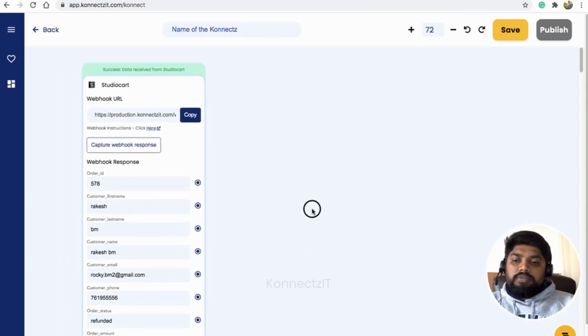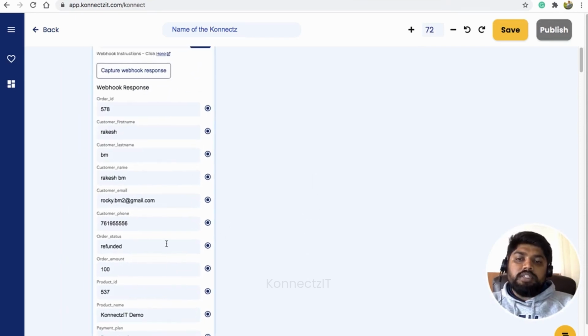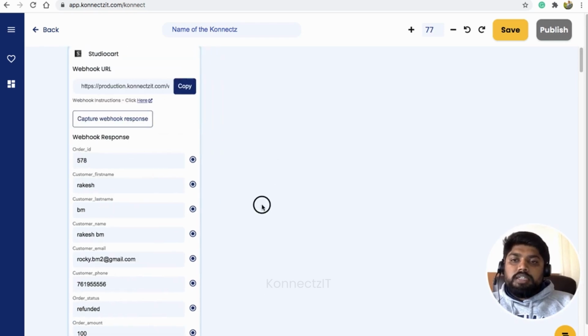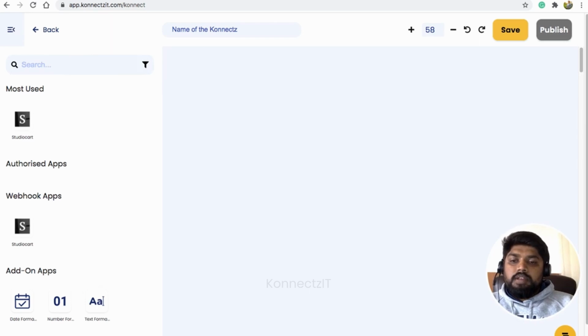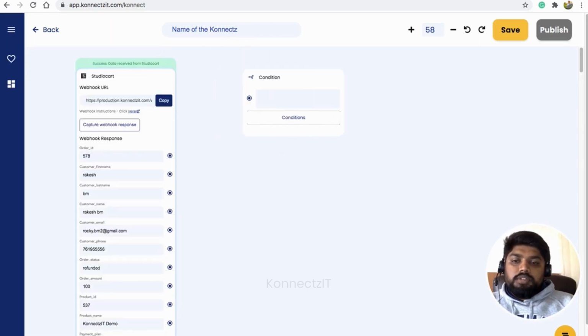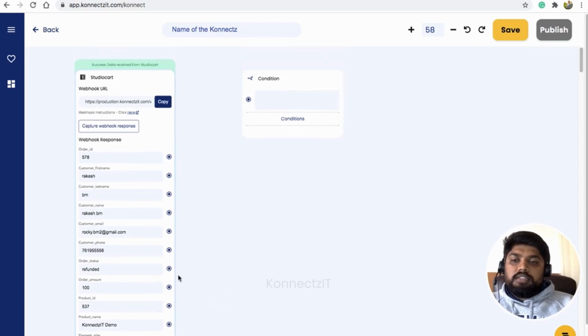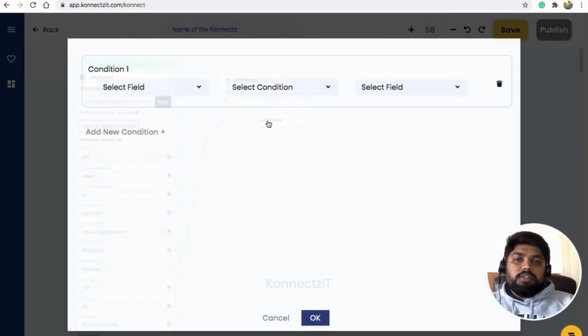Now, with the order status as refunded, I'm going to use this as a condition and filter the data, basically segment the data. So now I will use the conditions app and connect the order status to the condition tab, then click on conditions and choose the field order status.